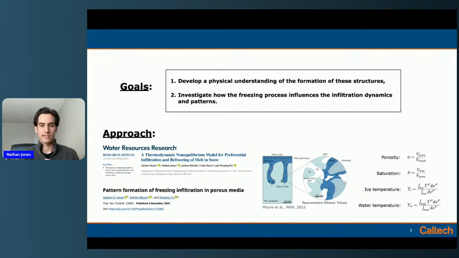But so we utilize a Darcy scale flow model in which our domain consists of solid ice, air, or liquid water. And the four main variables that we track here, or the four unknowns, are just the porosity, which relates to the ice mass in the system. So if this decreases, right, we would see freezing, the liquid saturation. And then what drives the phase change in our model is the fact that we have local non-equilibrium in thermodynamics. So we segregate the temperatures into the ice phase temperature and the water phase temperature. And the difference in these temperatures is what drives the kinetics of the phase change.